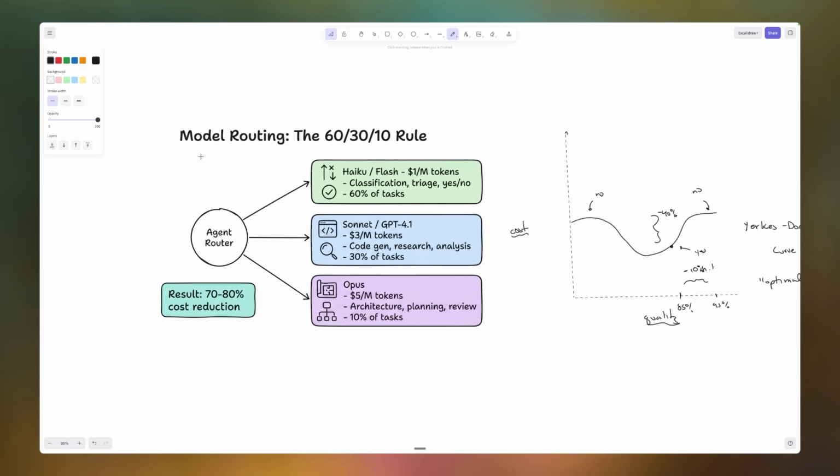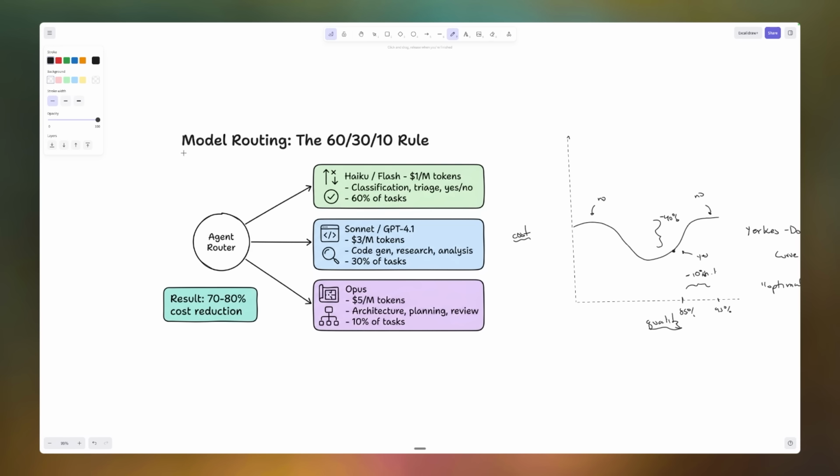And this is really where all this stuff comes in. Okay, so I don't mean to talk your ear off here. It's not super important, but basically what a lot of people have taken to doing now is a 60-30-10 rule, where they'll use some top-level agent router, which is sort of like the orchestrator in our multi-agent Chrome window example. And what that agent router does is it calls dumber models, and then it assigns different strengths to tasks